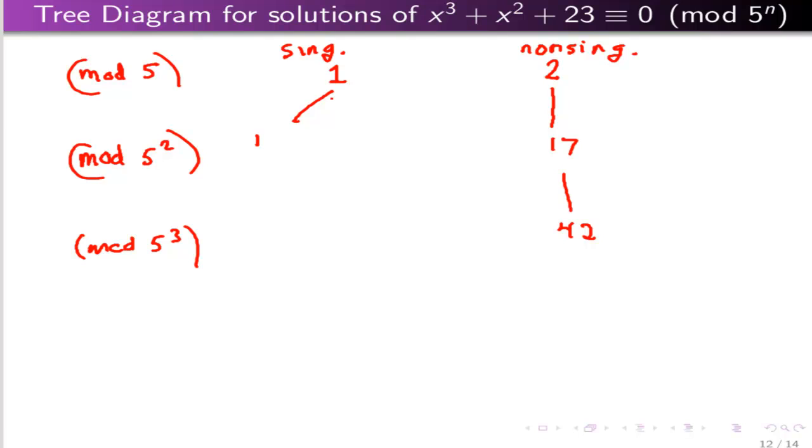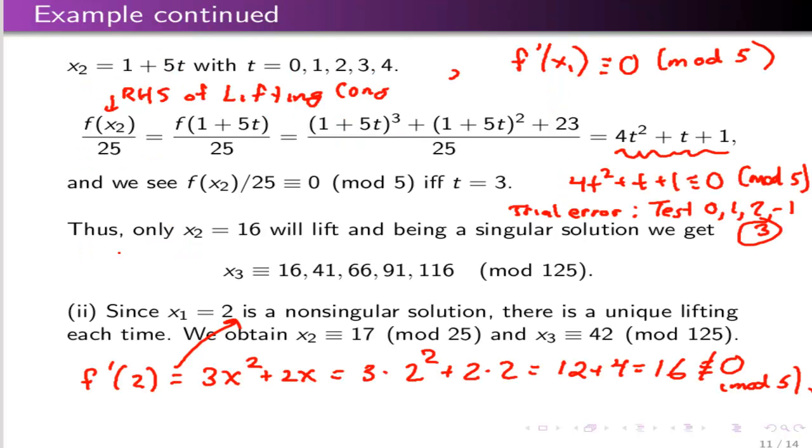So you have 5 distinct liftings, and then only one of those values continued to mod 5 cubed, and that was 16. That's what we were studying right here. Only this one will lift,